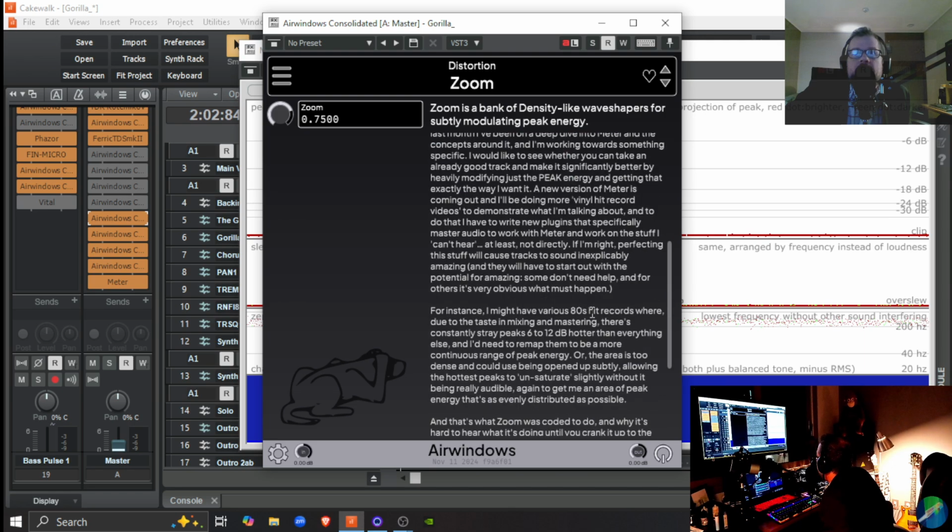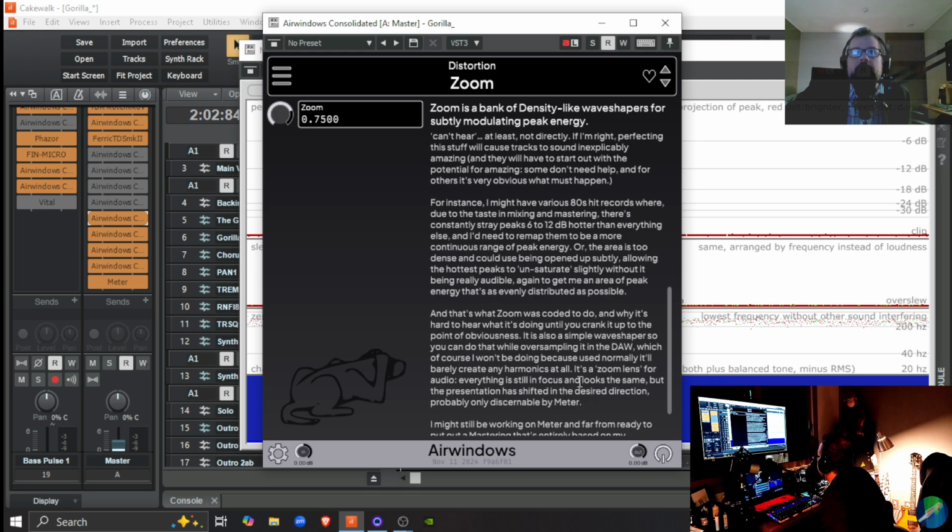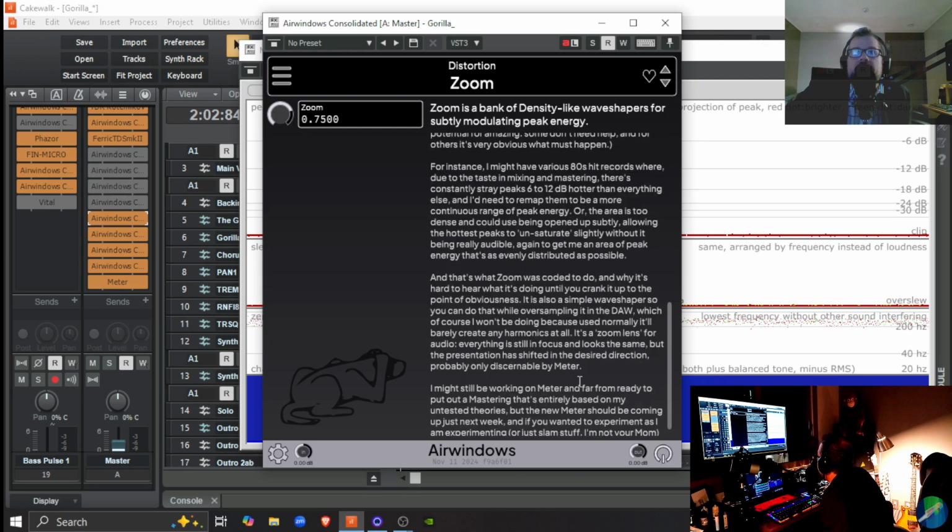Okay. Let me see. This is a good paragraph. Okay. That's what Zoom was coded to do, and why it's hard to hear what it's doing until you crank it up to the point of obviousness.